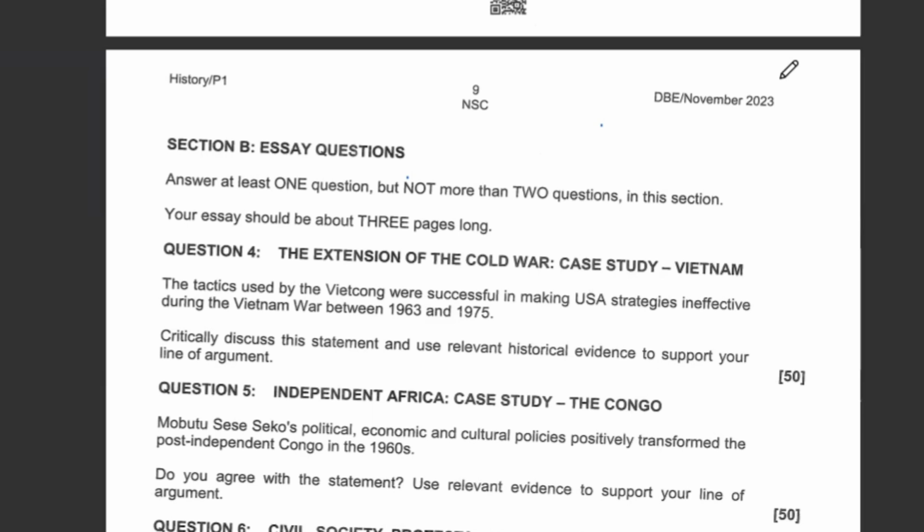So America got interested for the sake of the ideology that if the North manages to influence the South, then the whole of Vietnam becomes a communist state. Then the result will be that neighboring countries would also follow suit and become communist. And remember, these were hostile camps: the camp of capitalism versus the camp of communism. So it was a matter of attracting countries towards your camp so that you gain more strength. You get more strength by attracting more participants into your camp. So America was very interested in attracting participants into its camp.